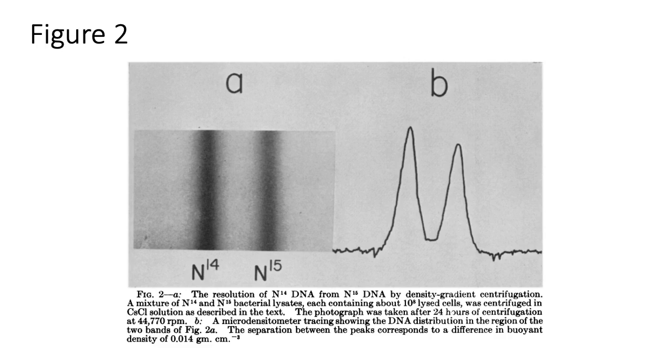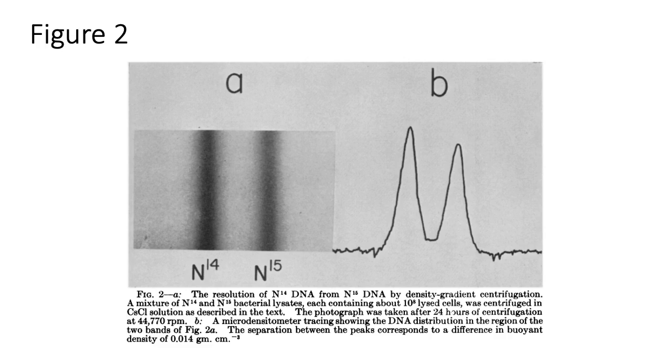So they were very visibly able to say, we have a band of DNA made from N14 labeled nitrogen ammonia, and we have a band of DNA from N15 labeled ammonia if we add bacteria from each of these two colonies together. So the next thing they did was